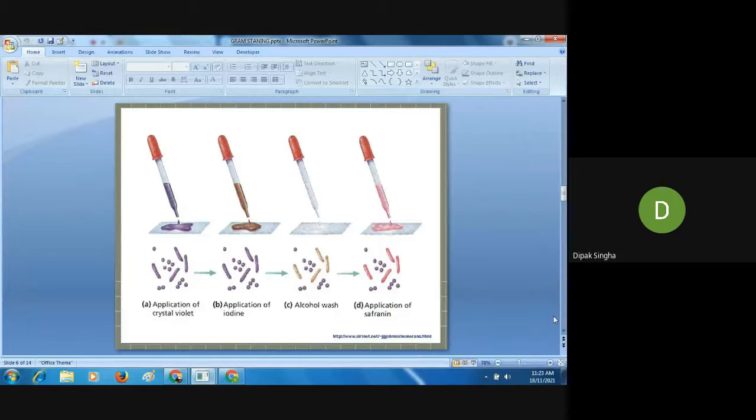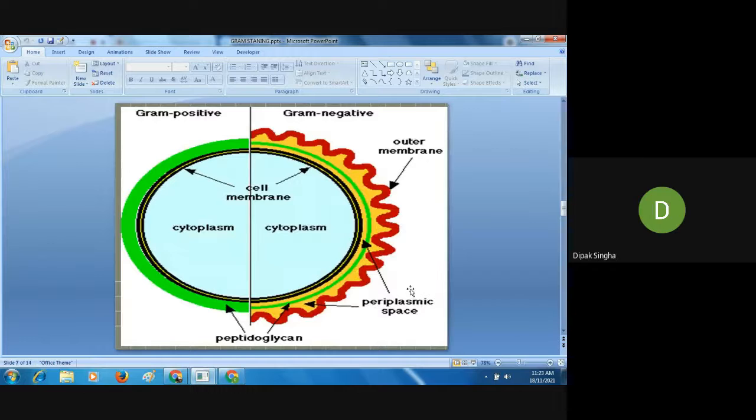Okay, next I go to the next slide. So these are the very important aspects. Whether it is a gram positive or gram negative bacteria, sometimes the question will come. But if it is a multiple choice question, there is no need for that. What is the basic difference between gram positive and gram negative? The outer membrane. In the case of gram positive, there is a very thick peptidoglycan.